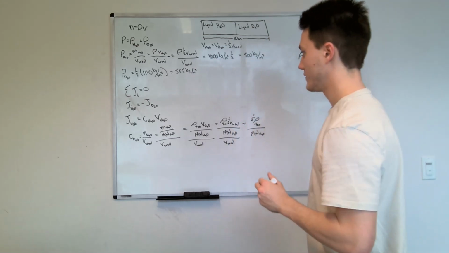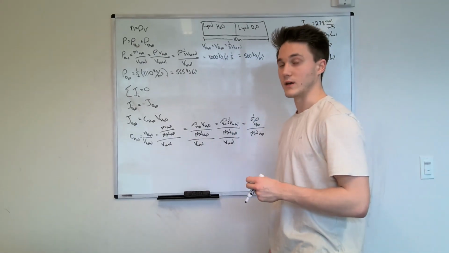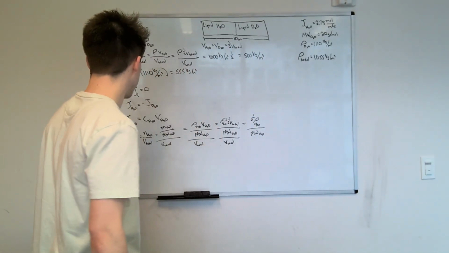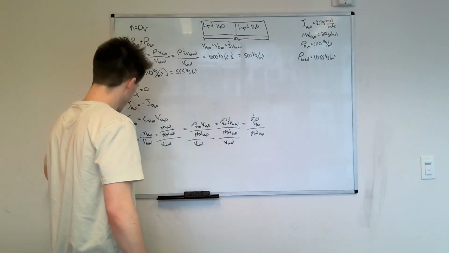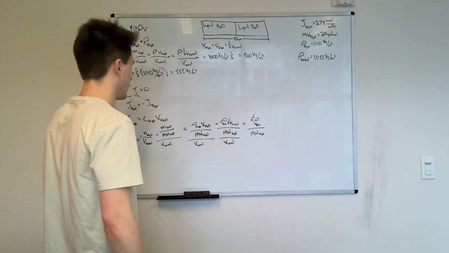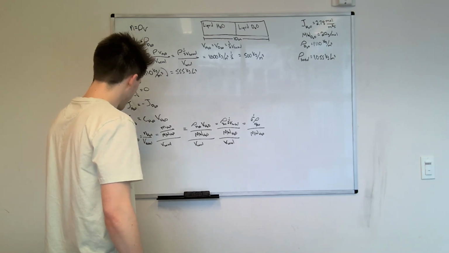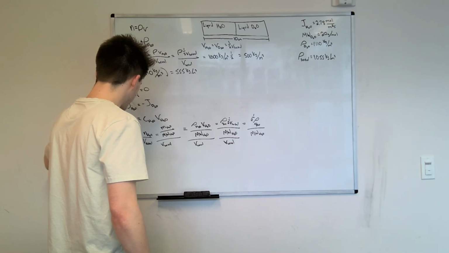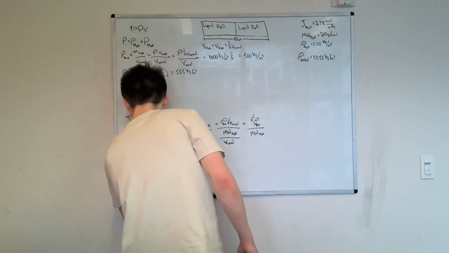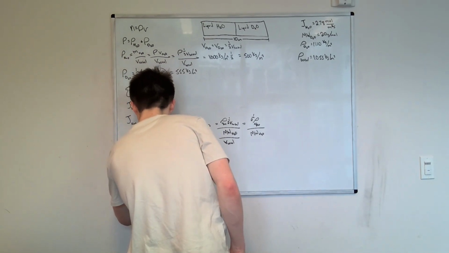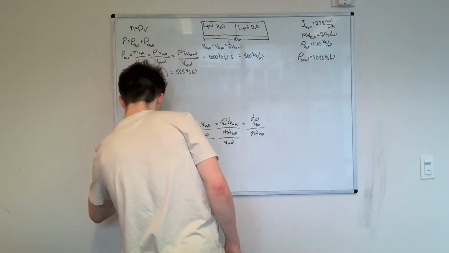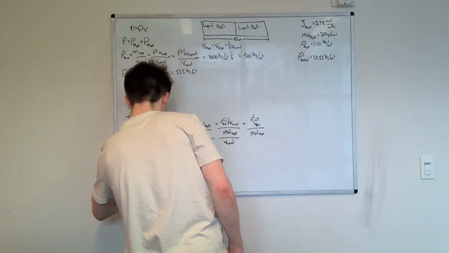And since we know these two values, we can plug them into the definition for the molar diffusive flux of water. And since that is equal to 2.78 moles per meter squared per second, that is equal to 1/2 the mass concentration of H2O over the molecular weight of H2O